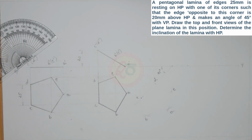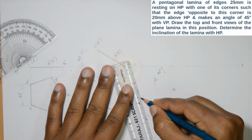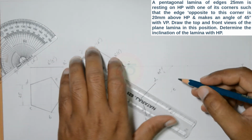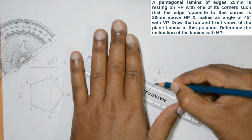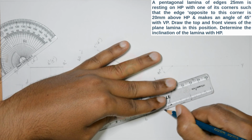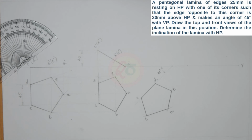Join the points from B to C, C to D, D to E, E to A, A to B. So this completes the top view in the final position. In order to obtain the front view, we need to draw the